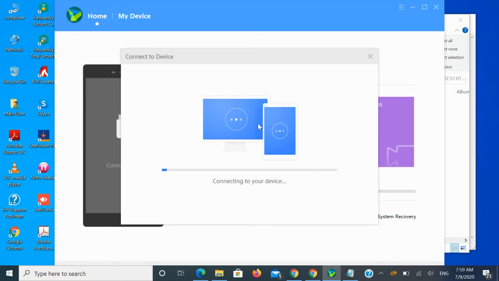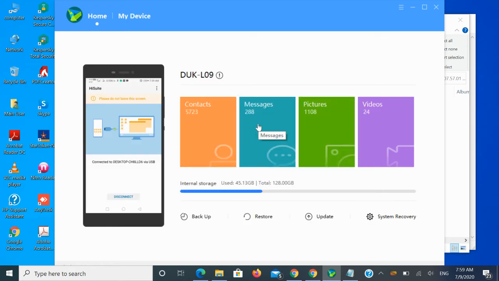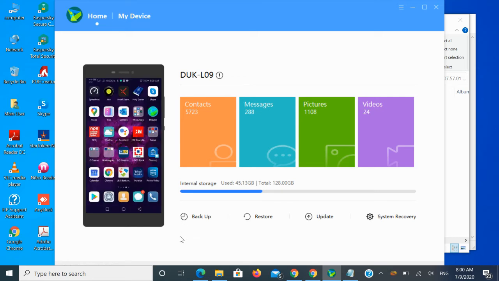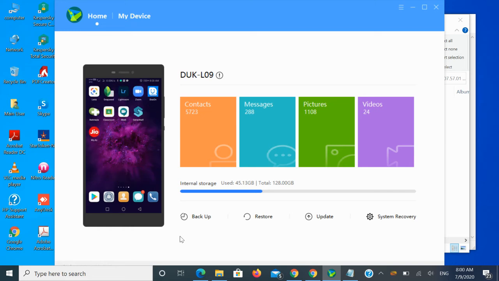So here I am about to connect. See, I have connected to my mobile phone. So you can see this is my mobile phone screen, which is available over here. Now I'll first see whether the display will be available on your desktops, and yes, it's there. Now I'll go towards the next screen.